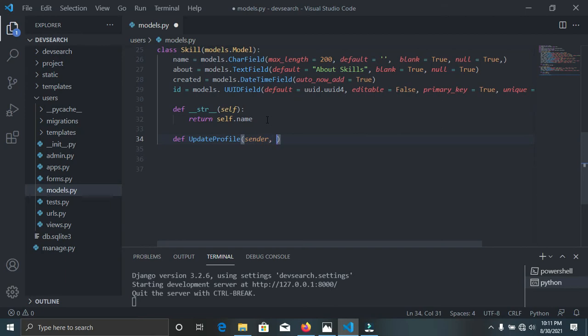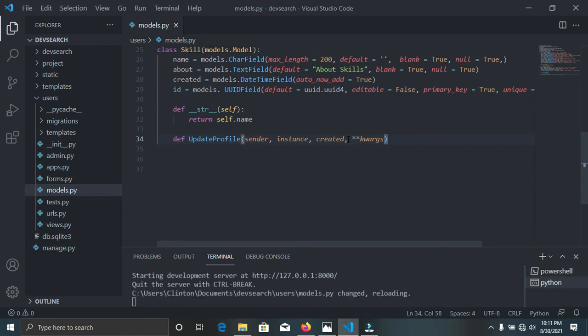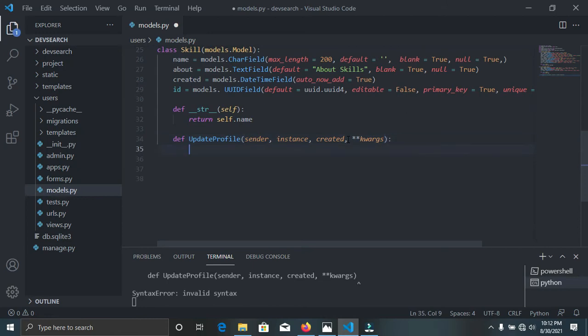The first one is sender, the second one is instance, the third one is created, and the fourth one is keyword arguments. Understand? I'm not used to this system. So now keywords, so we're going to have that double star kwargs. So that's it, the first one. So now I want to print out something. Let's just print. I'm going to say